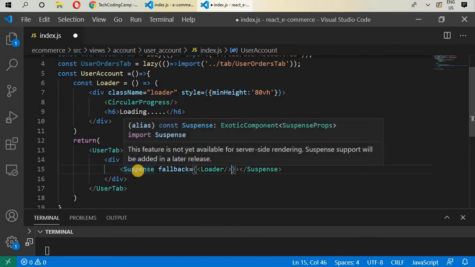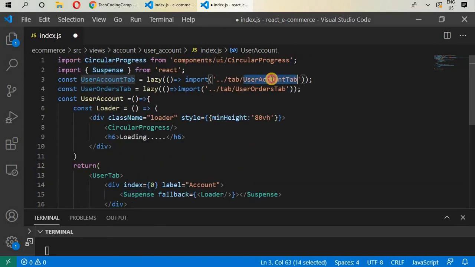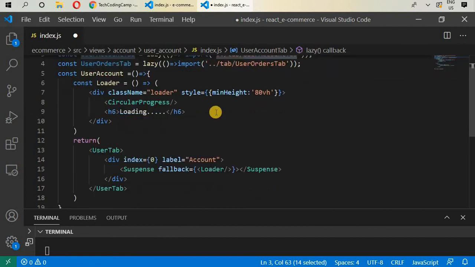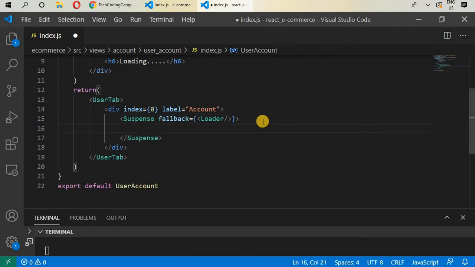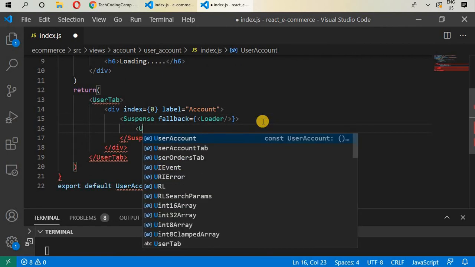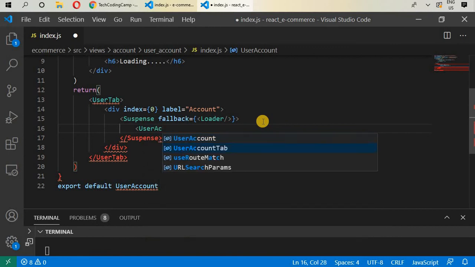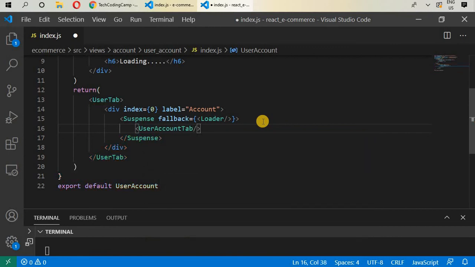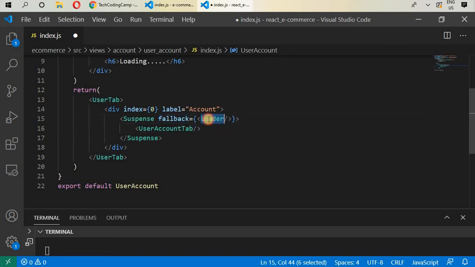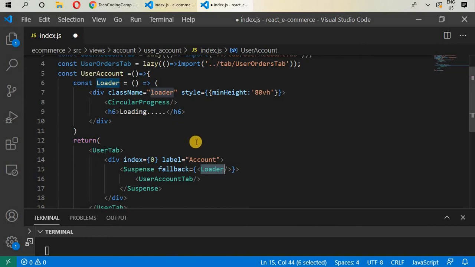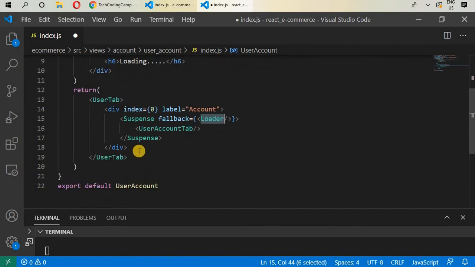Okay, so the suspense function is going to hold this user account when we receive a promise. So this suspense function should display the user account tab. If we haven't received a promise, then we'll take a fallback with loader and we'll say loading. And same in the case of